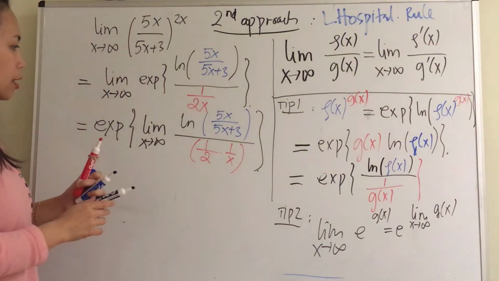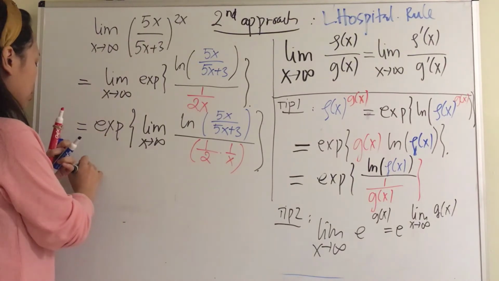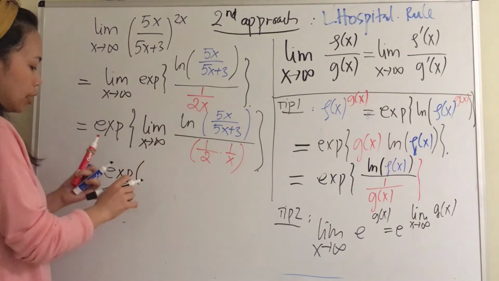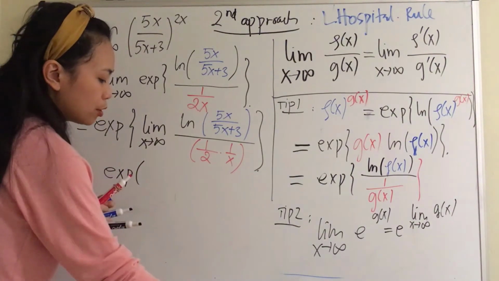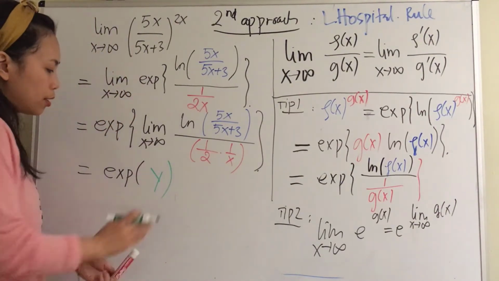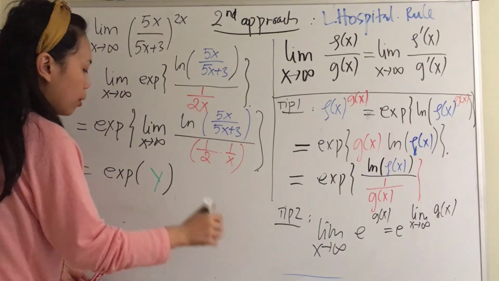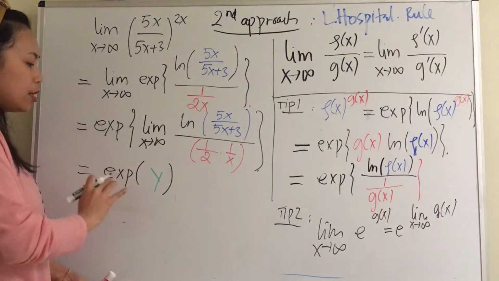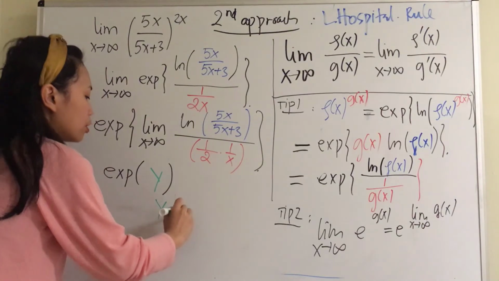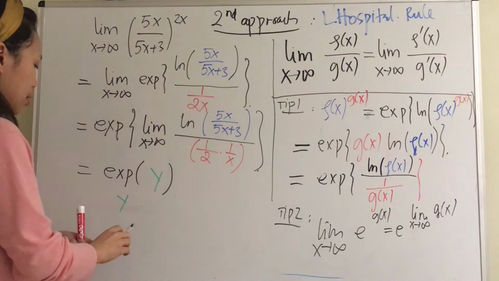And now I'm going to set this as equal to e to the y, exp of y. I'm going to set these as y. You see that? Yes, that's y. And I don't want to write the whole thing exp when I work on this problem. And y here is equal to